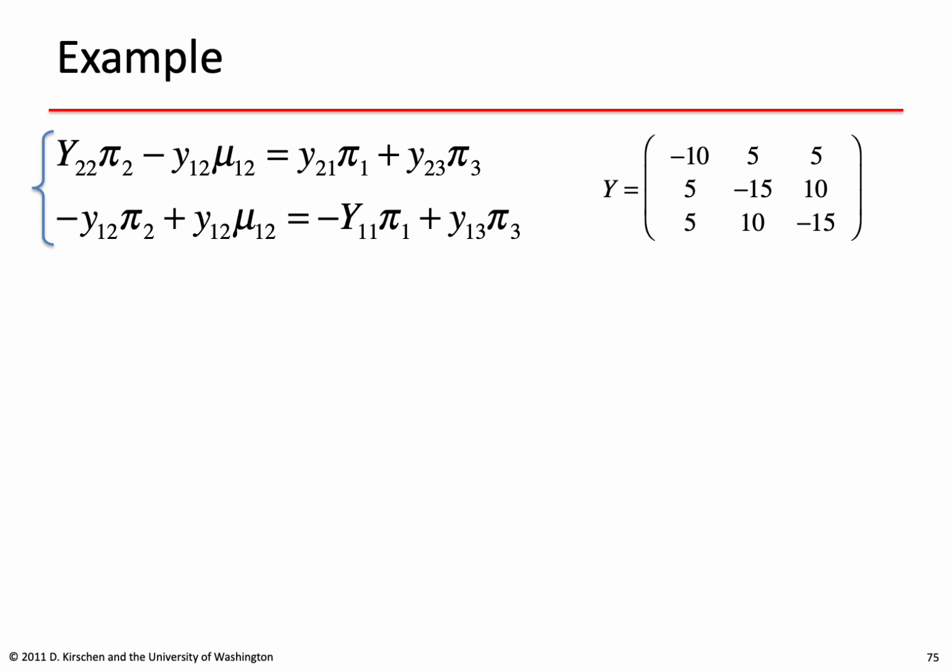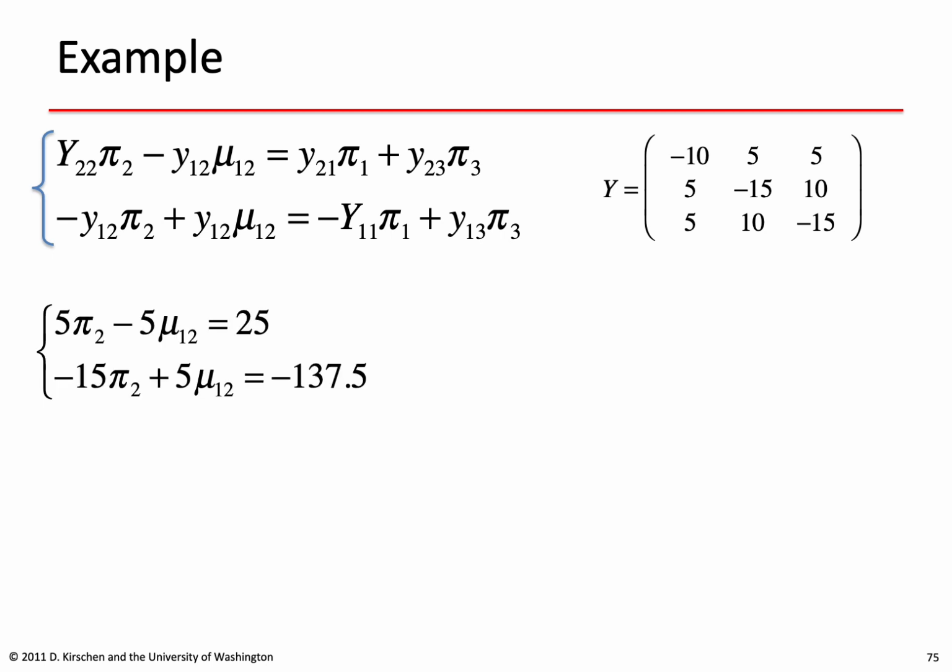So if we go back to the equations we wrote for this system, and introduce the values from the admittance matrix, these equations turn out to be 5π2 minus 5μ12 equals 25, and minus 15π2 plus 5μ12 equals 137.5. If we solve these equations, we get that π2 is $11.25 per megawatt hour, and μ12 is